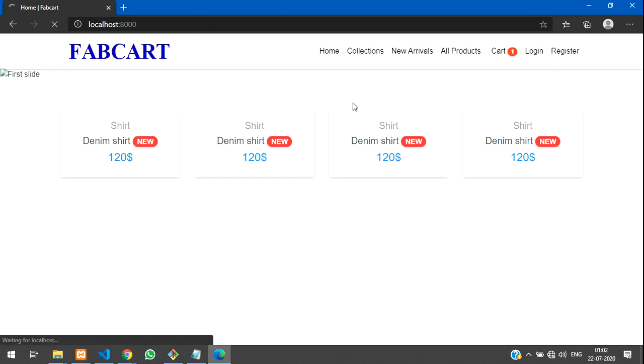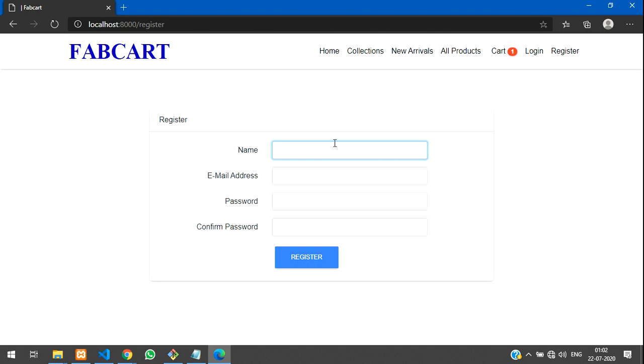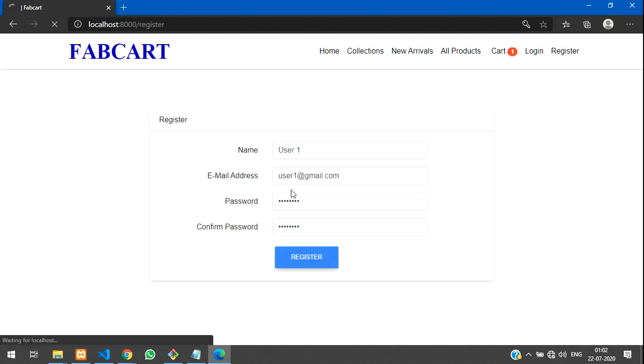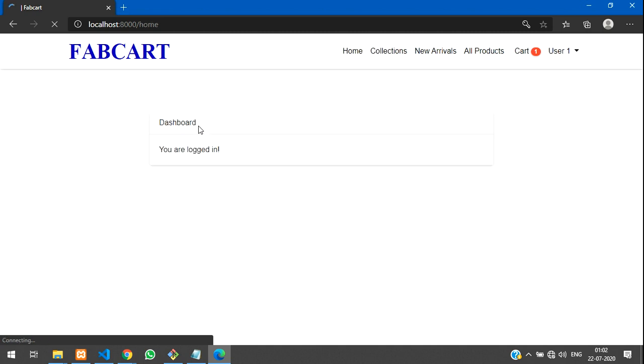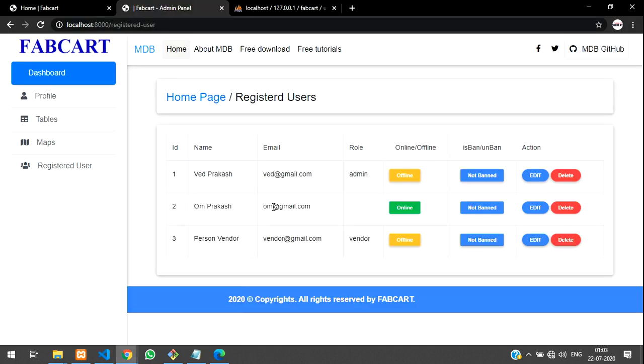Let's register user1@gmail.com with password 1 2 3 4 5 6 7 8. Once it's registered, he will be logged into the home page. Okay, he's logged in.